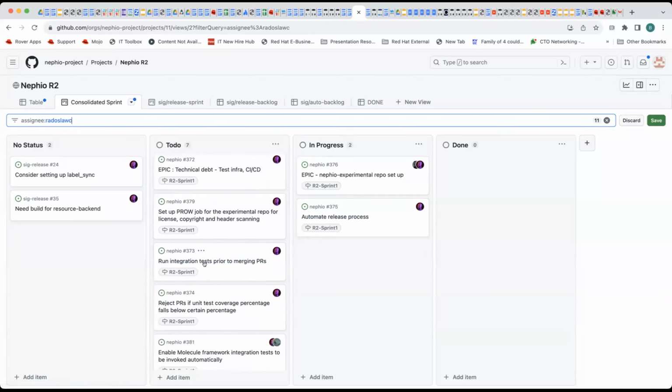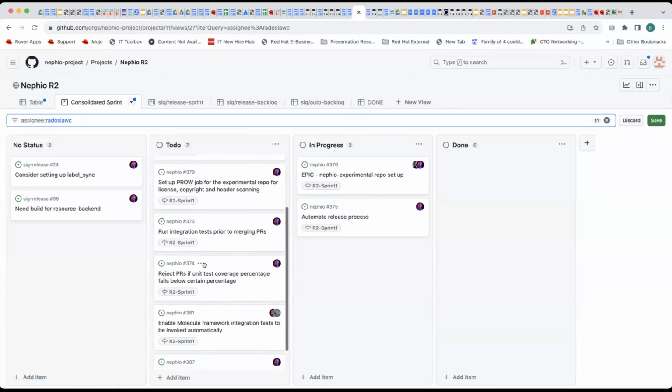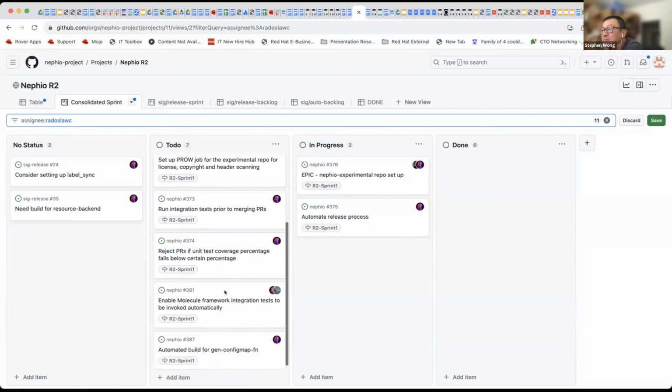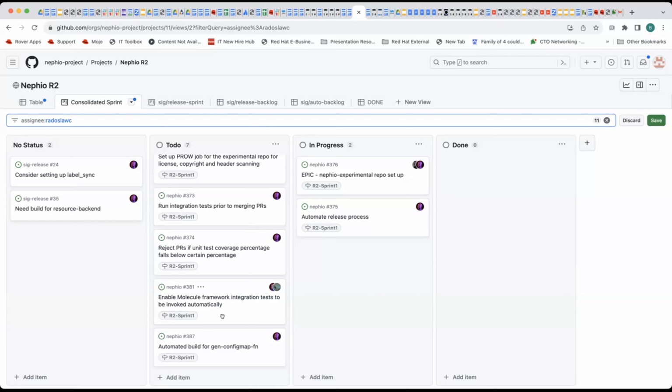If not, done. Integration tests prior to merging PRs. I know you were working on that one. Reject PRs if unit test coverage percentage falls below a certain percentage. And enable the molecule framework. This came from Victor and Wish. They have written some integration tests using Ansible, using the molecule framework for Ansible. It's an automation framework for testing. So they wanted it to be run automatically with a PR merge. So that is this one, and then